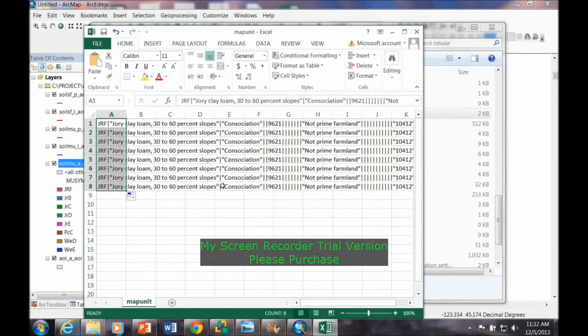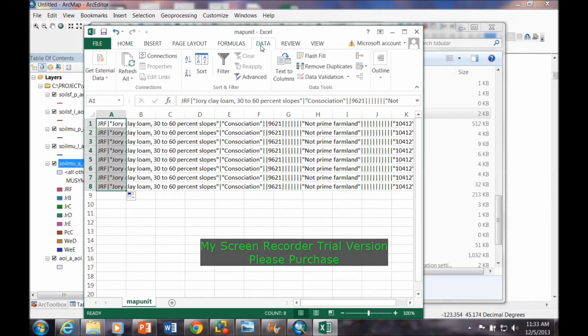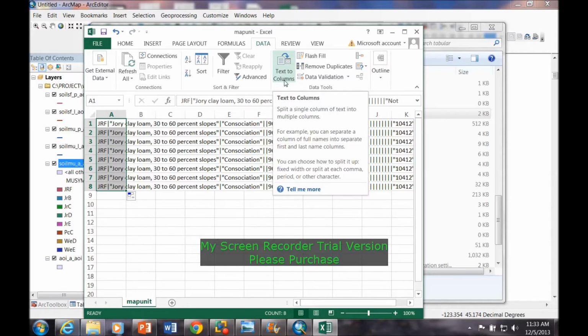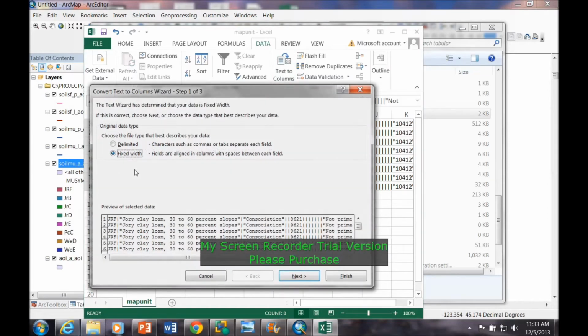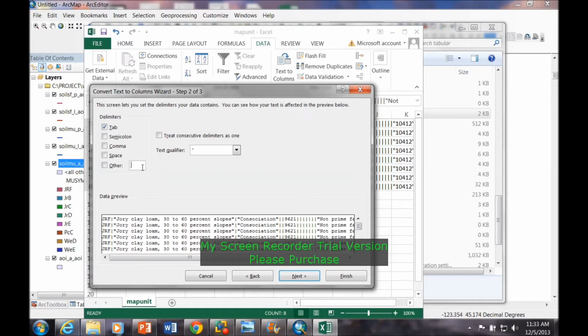category here is split up by this line mark. And to get that into a nice table, what you do is you highlight that first column here, and then you go ahead and go to Data tab and then Text to Columns, and it's a delimited because we're going to be separating them by that line feature. So then we go to Other, and then like that,